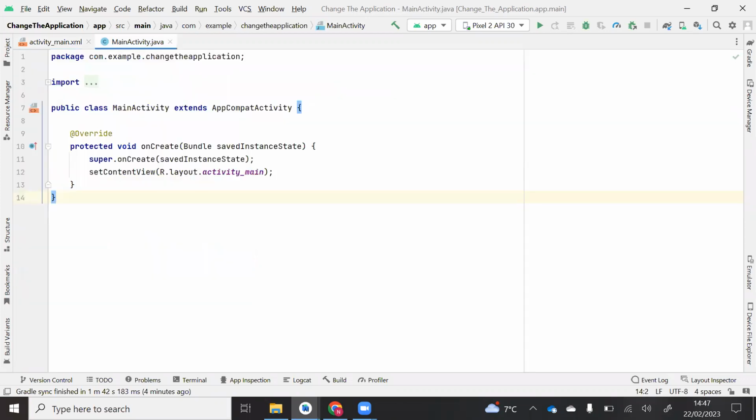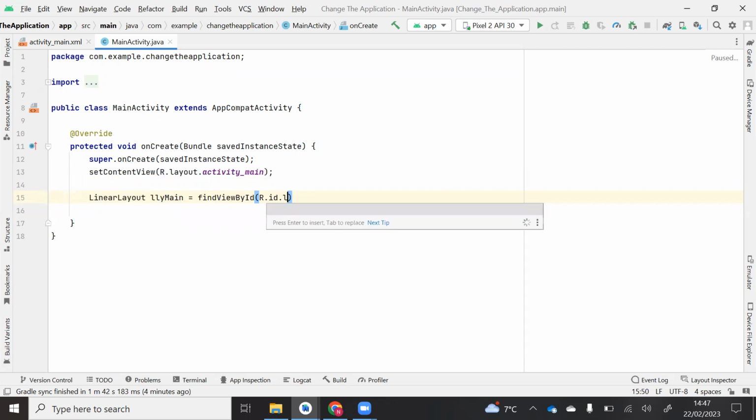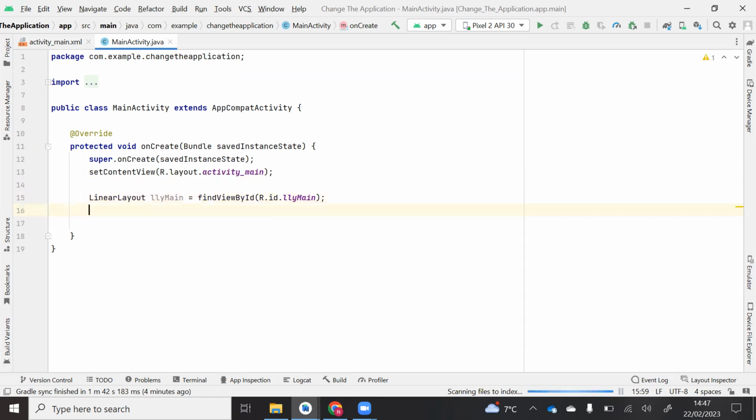Now I'm just going to bind my view objects to some code and attach some event handler to it. So what I'm going to do here is call my linear layout first. So LinearLayout and then llyMain equals findViewById R.id.llyMain. And then I'm going to also find my button. So Button btn,